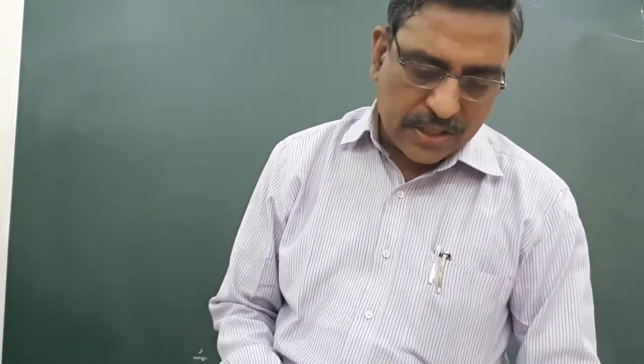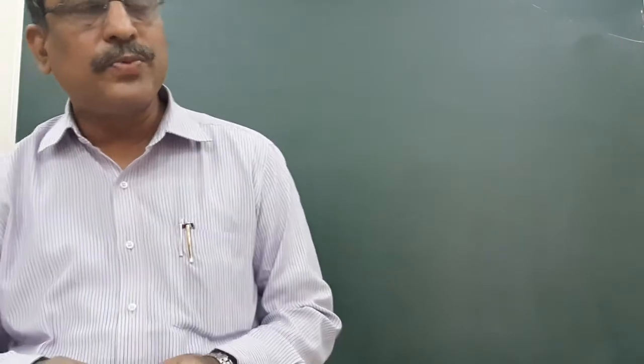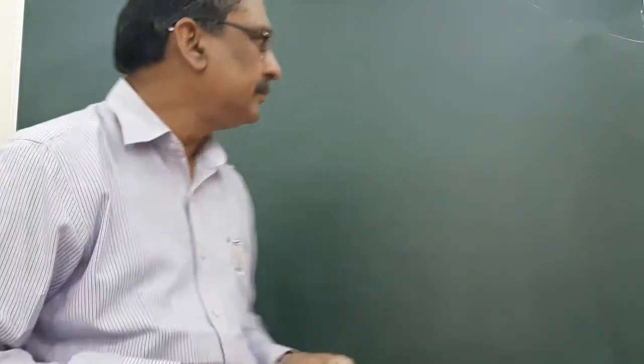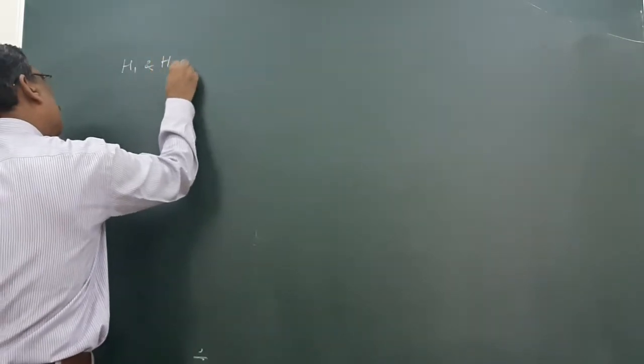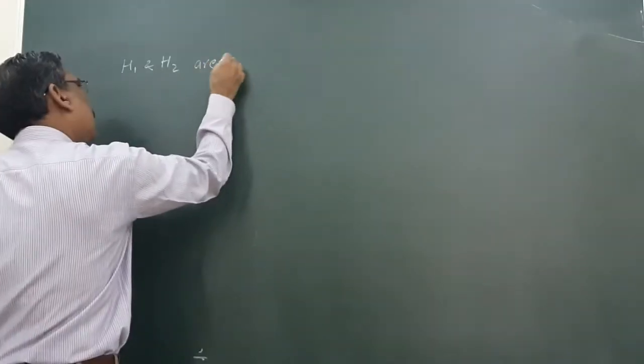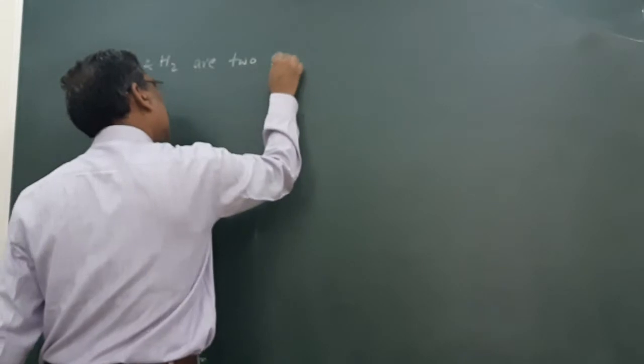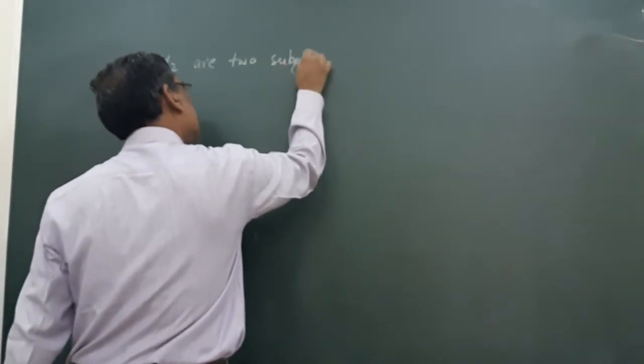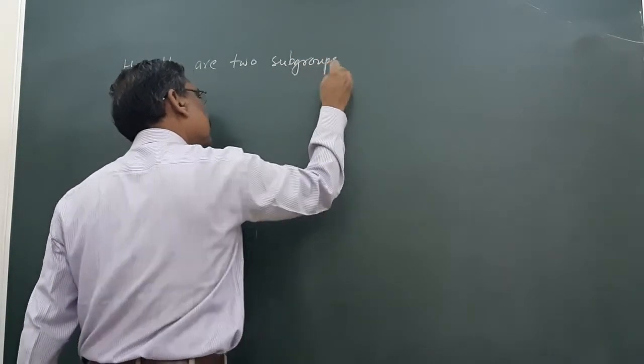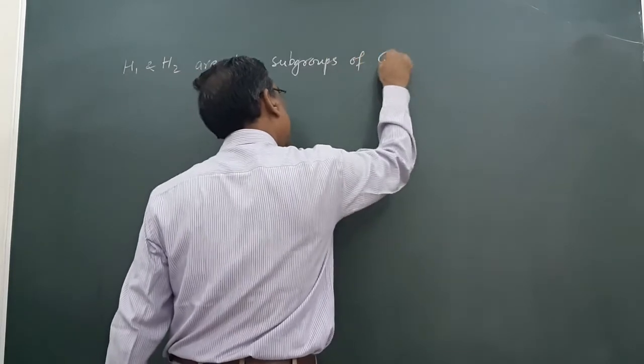Now what remains? If H1 and H2 are two subgroups of a group G, then